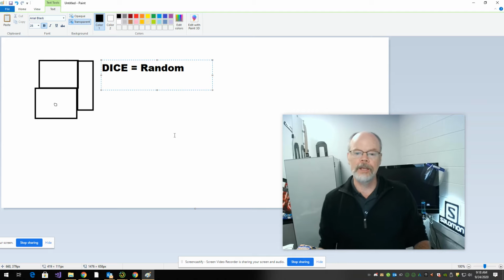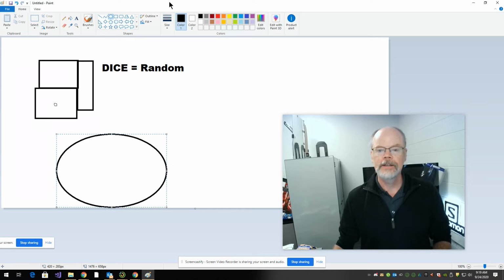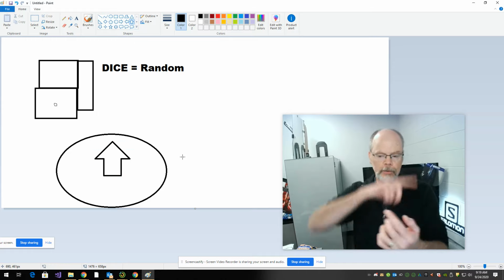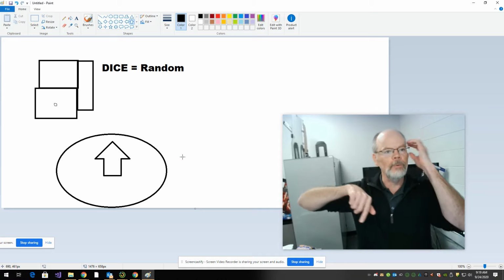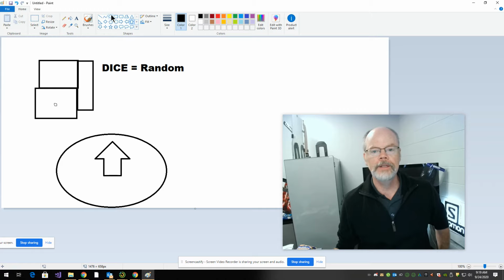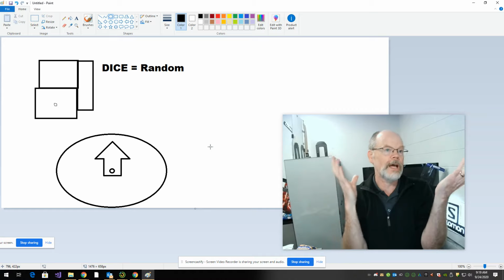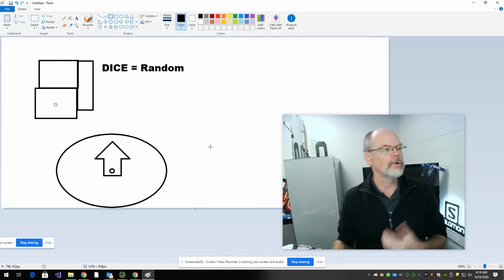How about any other games? Anybody ever play one of those games where you have a little spinner that you flick, and it might be colors, or it might be, for some reason I just remember there was a toy you would pull a cord and it would go around and it would play the sound of a cow or whatever. It would do different animal noises. But I've seen ones where you flick it and it spins around a center point and it might stop at a color or it might stop at a number. So it's a little cardboard wheel that you flick and it spins around and it will stop somewhere. So those are both examples in the real world of